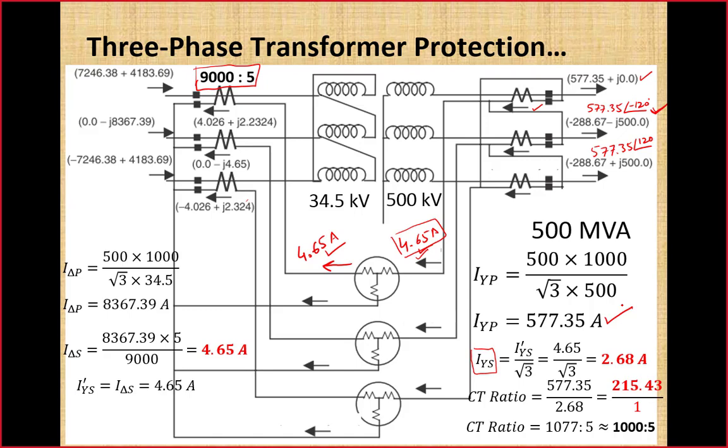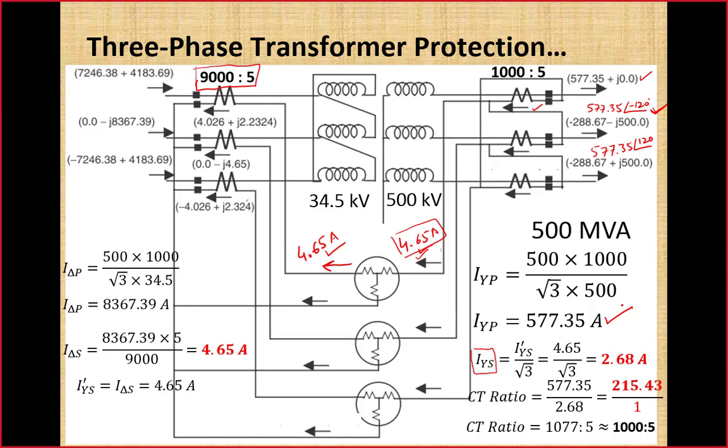Although by all means 1100 by 5 is the better choice as compared to 1000 by 5, I have taken this example from the textbook and the author of the textbook has selected 1000 by 5 as the required CT ratio. So that's why I have made this choice, but remember 1100 by 5 will be a better choice. Always go for the better choice in exam. In the next example I have selected 1100 by 5, but for this I have taken the value given as it is. So 1000 by 5 is the CT ratio that we have selected here for this CT. So CT selection will be done in this manner.